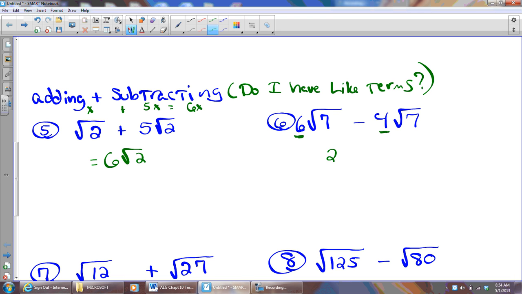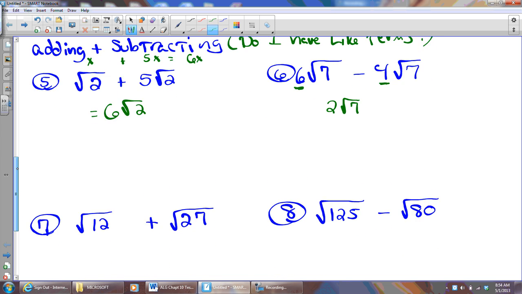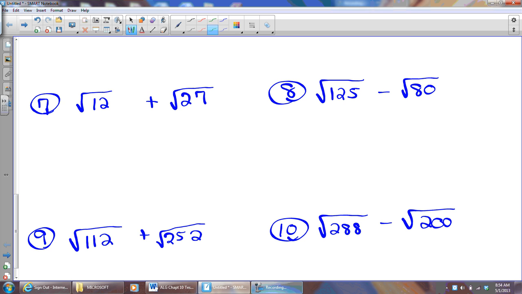So I'll have 2 rad 7's left. It behaves just like the variable. Now that being said, we don't have like terms on problem number 7. But you know Miss Eubank taught you how to simplify rads. So I'm going to simplify this rad